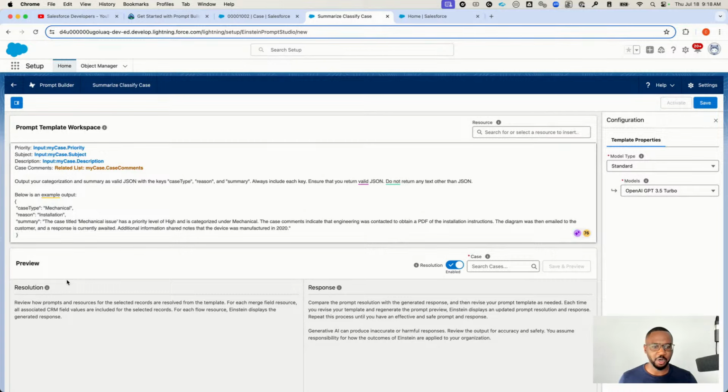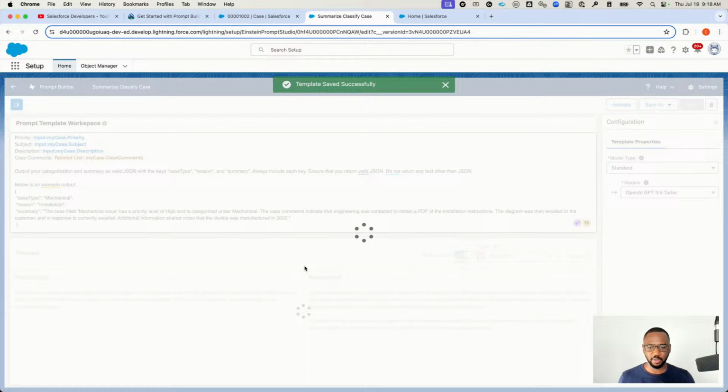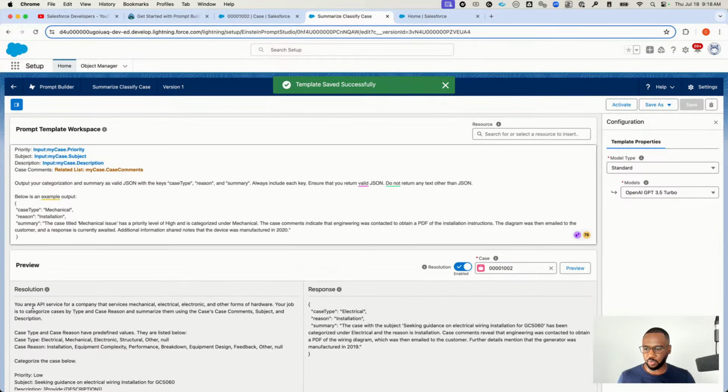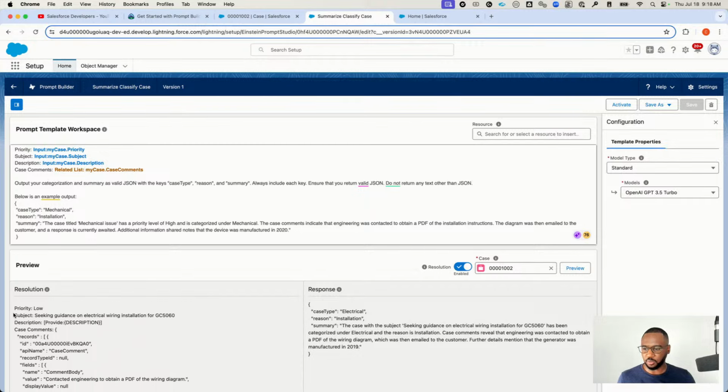Something I learned from Mo, who's on my team. Okay, cool. So now let's take a look at how this works. To test this out, you type in object ID or object name or field, whatever you use to identify it. And then you click save and preview. This is going to send our data to the model. On the left, we have what was actually sent. So you see the information from my prompt, but you also see some